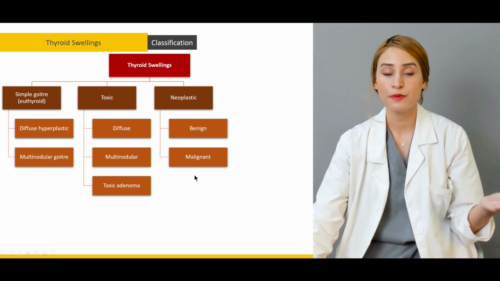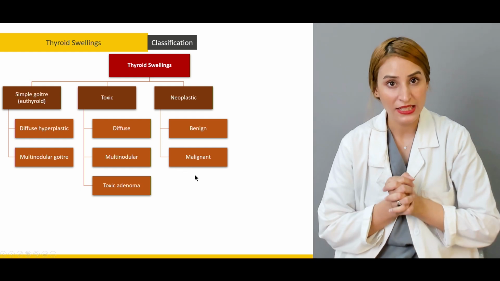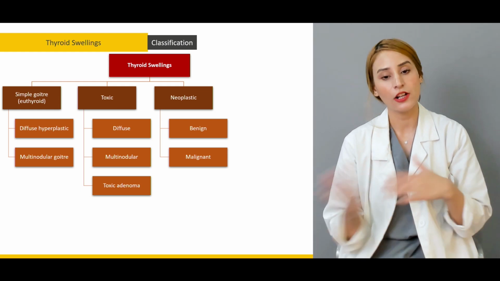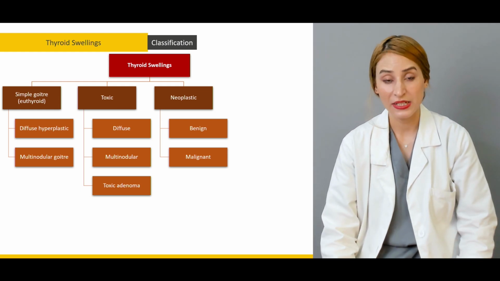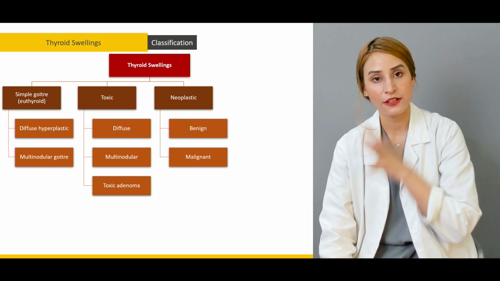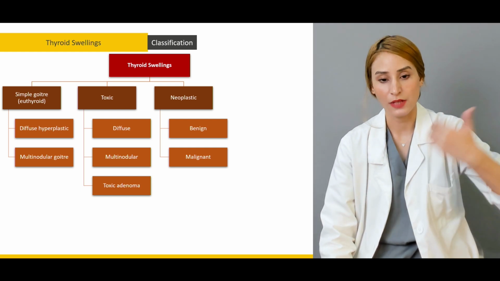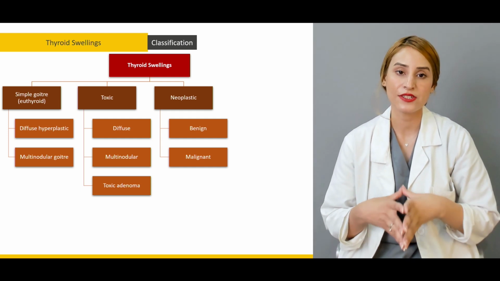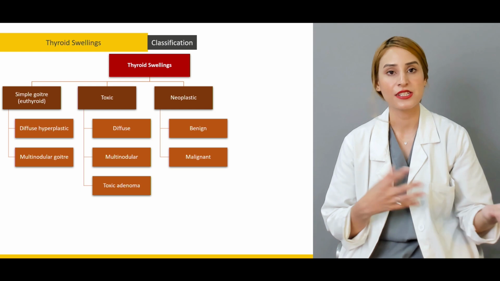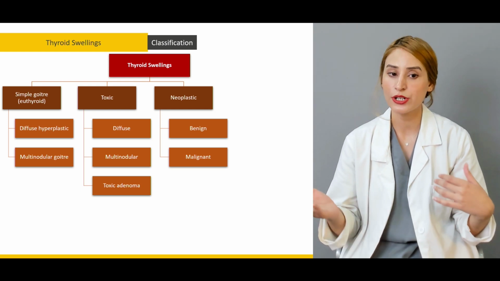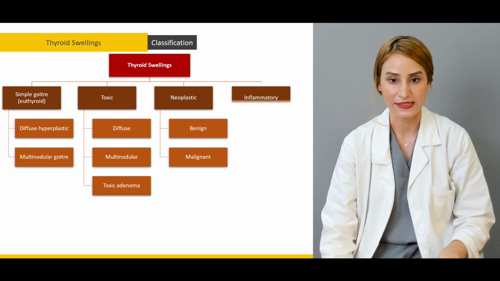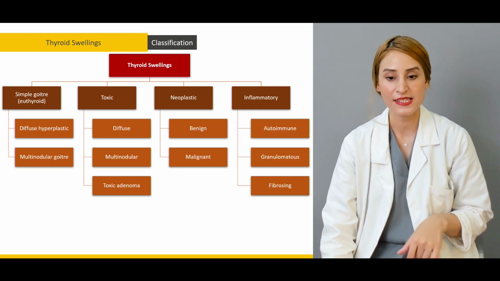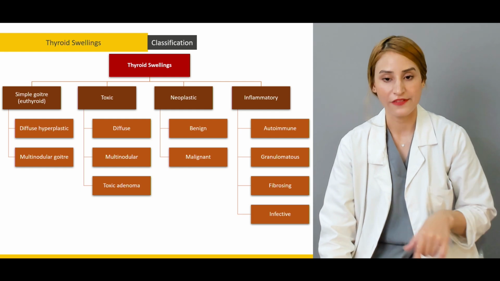And in case of neoplastic, it can be benign or it can be malignant, like follicular adenomas or papillary adenomas or follicular carcinomas or malignant carcinomas. I will have another lecture in which I'll talk about this neoplastic origin or neoplastic conditions in the thyroid. But today we are just discussing the simple goiter, and we're going to talk about the toxic swellings as well. And there's another inflammatory, I told you, autoimmune and granulomatous diseases, or maybe a fibrosing or an infective etiology,